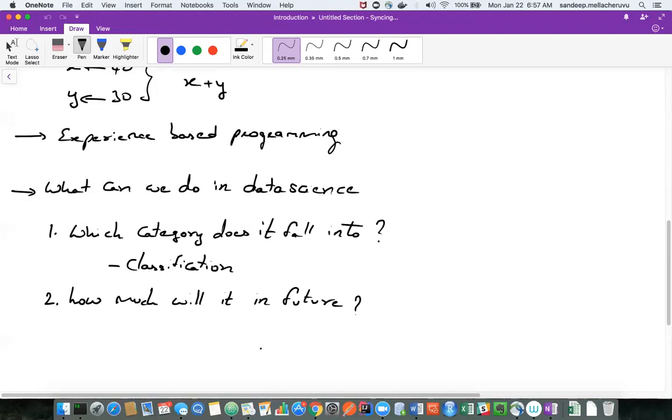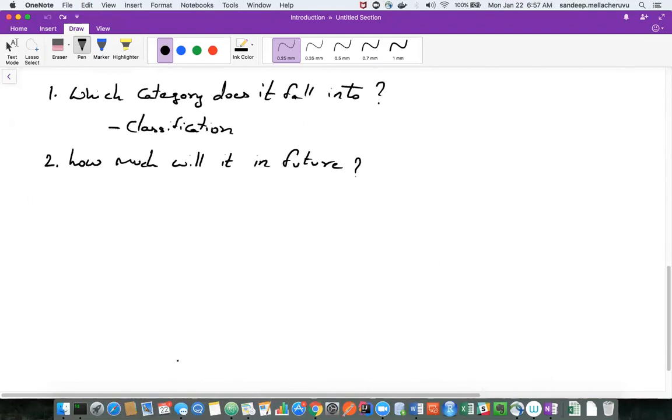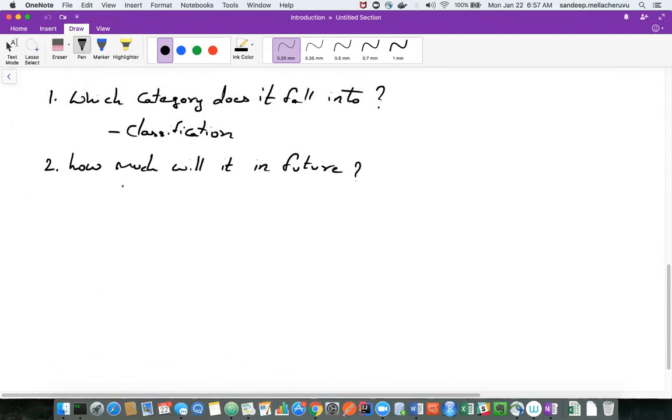Today my profit is, let's say, $10 million. What is my profit next year? How will my profit get impacted in the next 2 years? All these kinds of questions come under how much will it be in future. It is an exact number. I'm talking about a number, how much. So when you are predicting numbers, this is called regression.